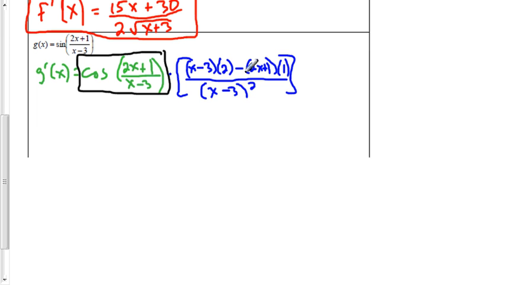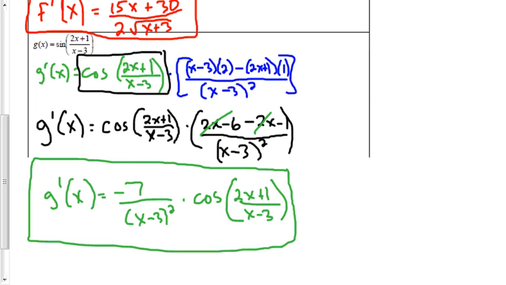And then I just simplify this over here, and let's see what we get. And so the 2x and the negative 2x cancel out. We get negative 6 minus 1 is negative 7. And all I did is treat this like a coefficient. So this whole thing is negative 7 over (x minus 3) all squared, and then times the cosine of the angle. Okay? All right, let's go on